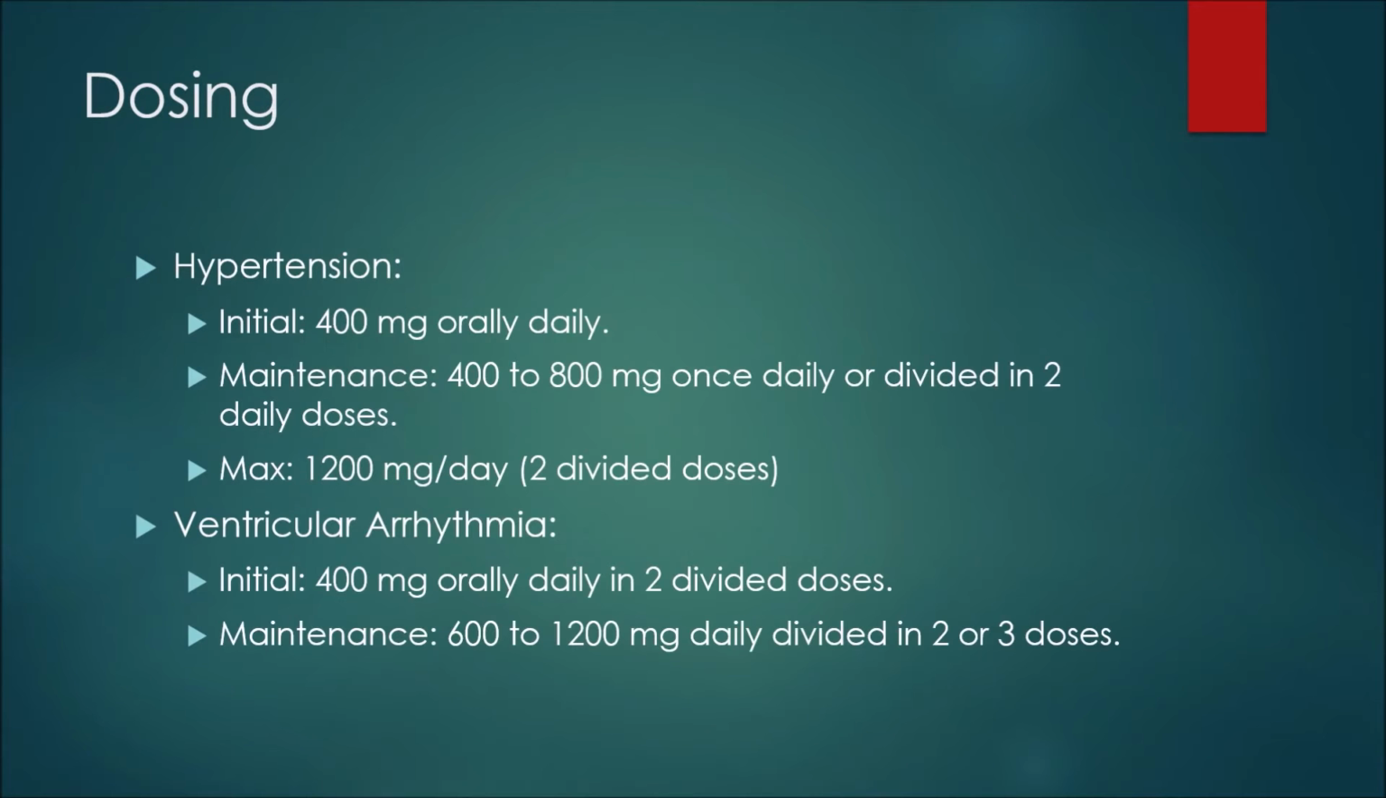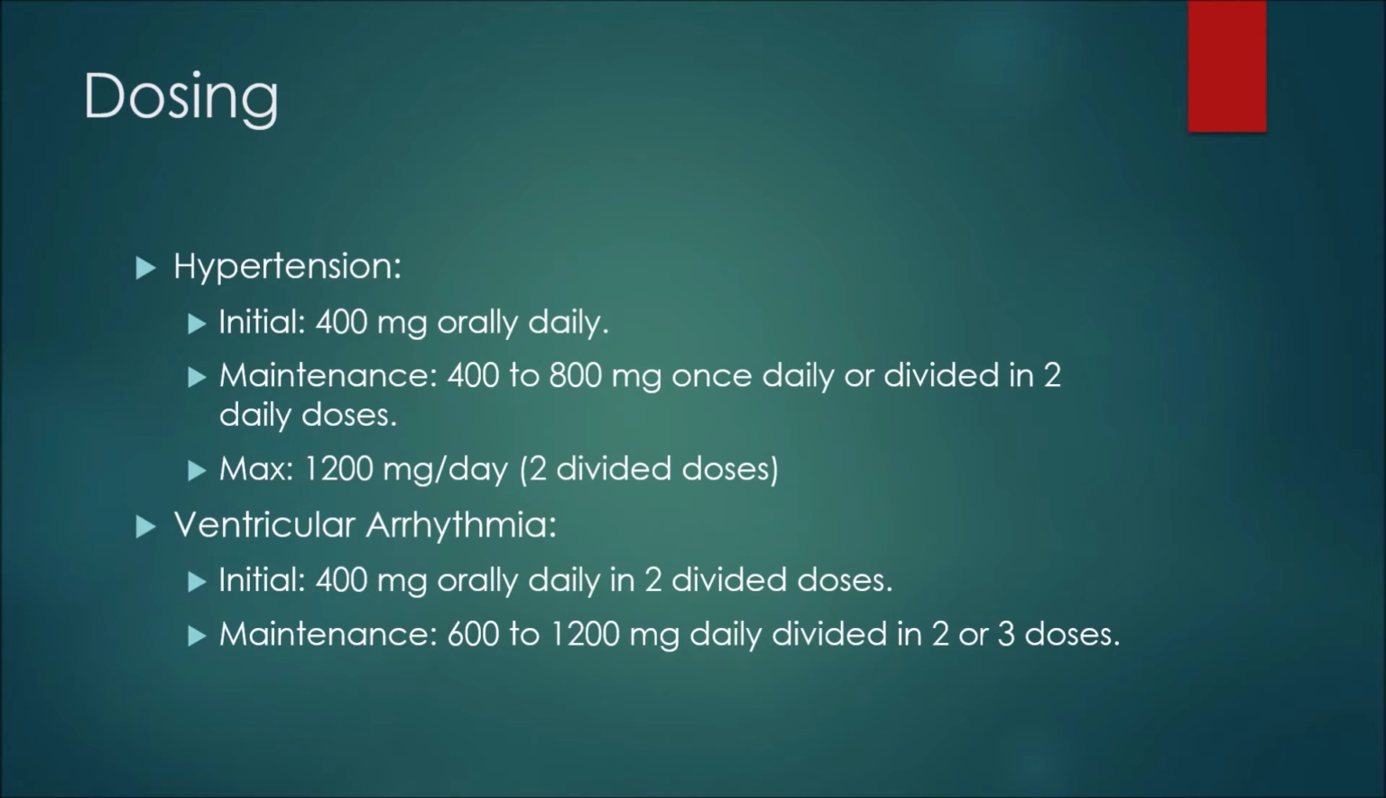Now for some examples of dosing. So in the treatment of hypertension or high blood pressure, the initial dose would be 400 milligrams orally daily. For a maintenance dose, we may see 400 to 800 milligrams once daily, or divided in 2 daily doses. The maximum dose in hypertension would be 1200 milligrams per day, and if this dose was used, it would be